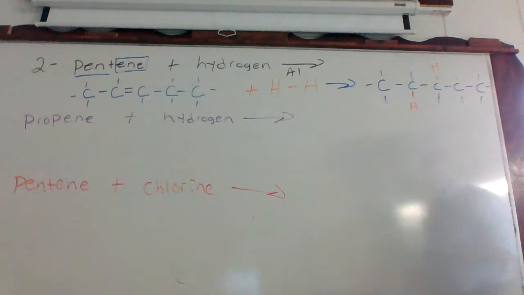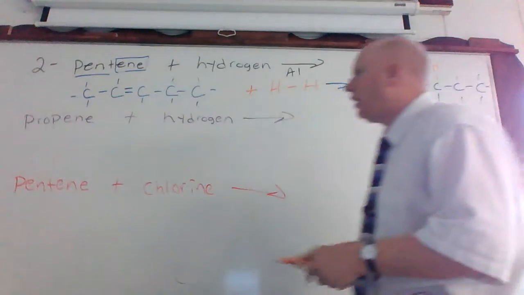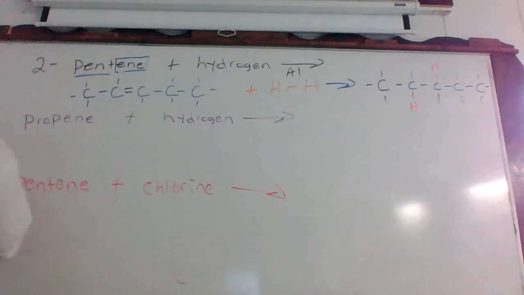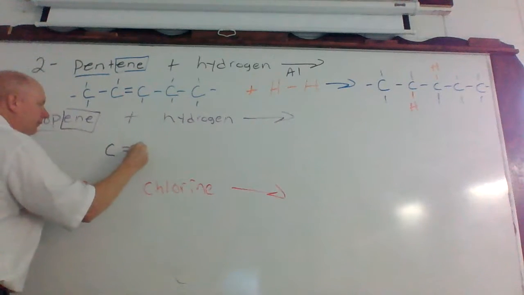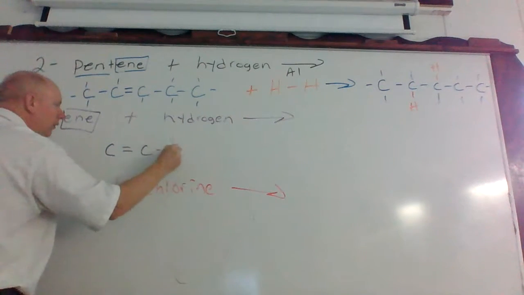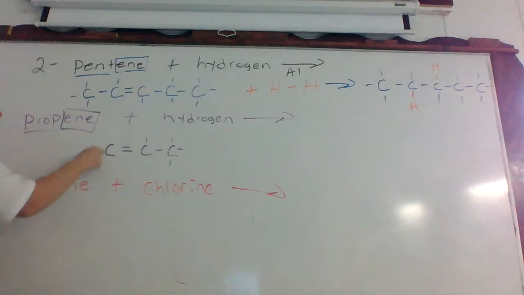So now, if we proceed forward, how do we draw out propene now? What's the structure for propene? Again, if we reverse this, family, parent chain. 3 carbons. And then if you want to go top and bottom, that's fine, or top and the side, it doesn't make any difference.